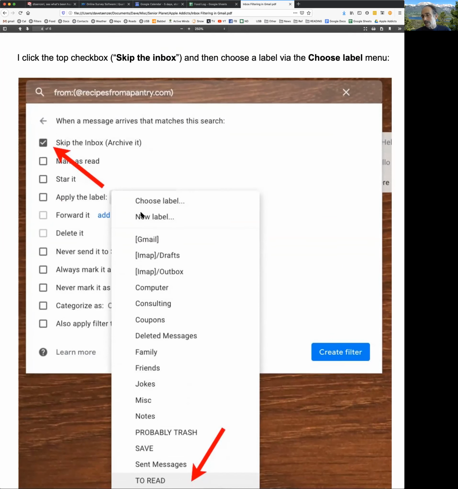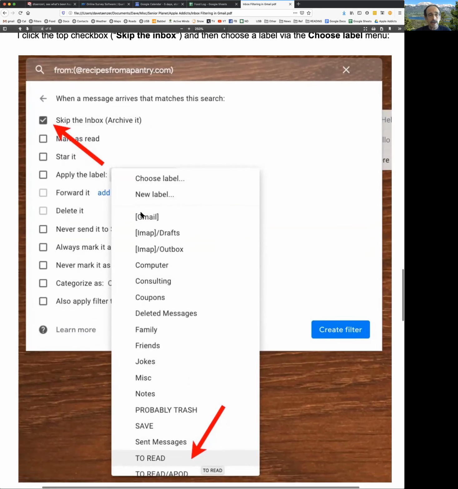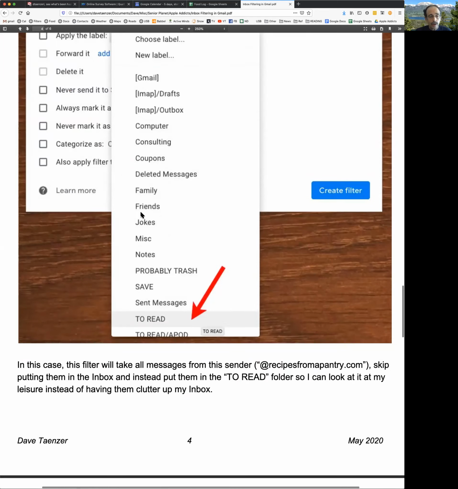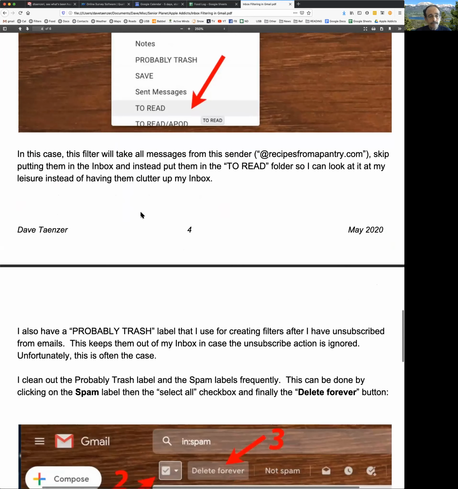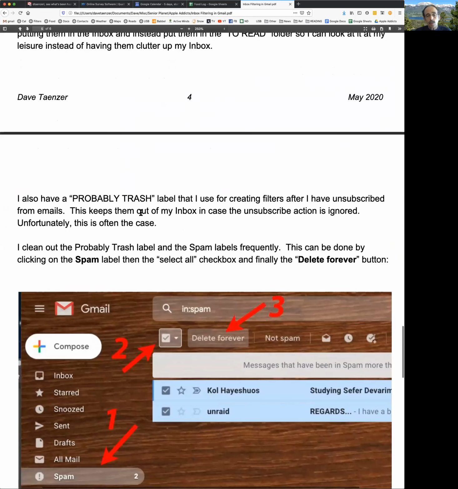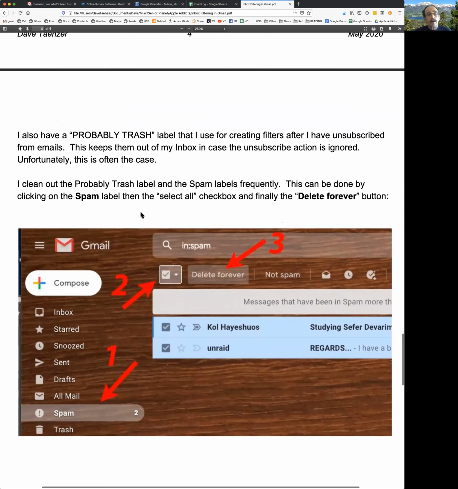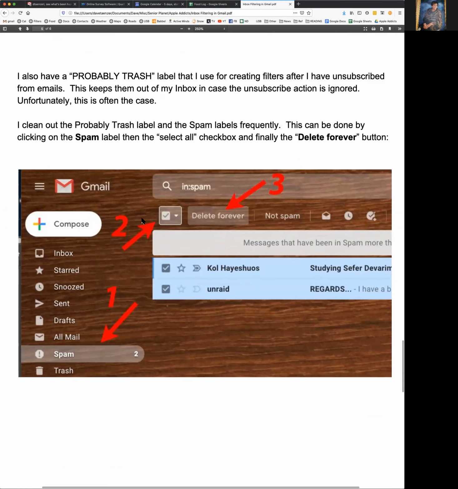Sometimes what happens is you'll set this up based on a sender and they'll be sending you something else, not that thing. And you want to make sure that if that happens, you actually have a chance to look at it. Okay. And then, so what happens is, I talked about this the other day, but